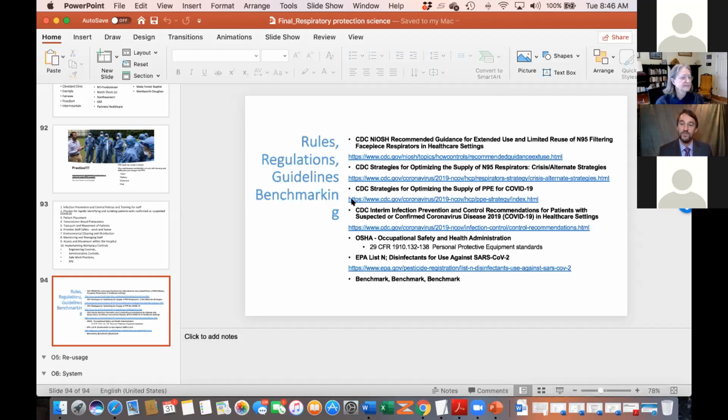The N95 is tested by NIOSH for effectiveness at 0.3 microns. But we know, as I showed for influenza as well as SARS coronavirus and also COVID coronavirus, those viral particles are much, much smaller than that. And again, our certification of N95s doesn't test at those smaller numbers. So that's a really good question. It will capture the droplets. Droplets are much larger than 0.3 microns. We know that. But again, virus particles that are coming out are much, much smaller, at least 10 times smaller.